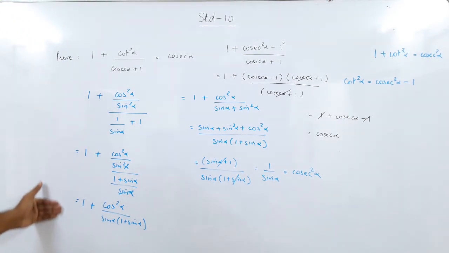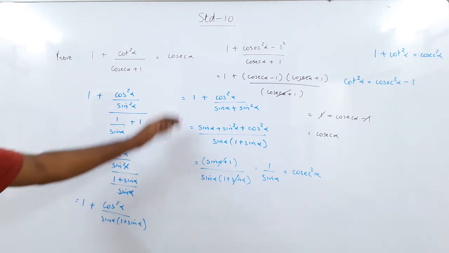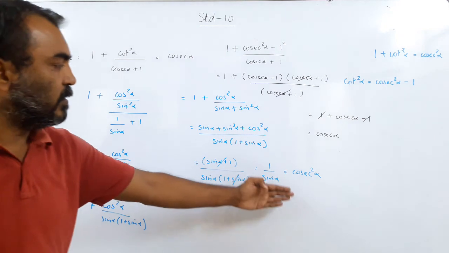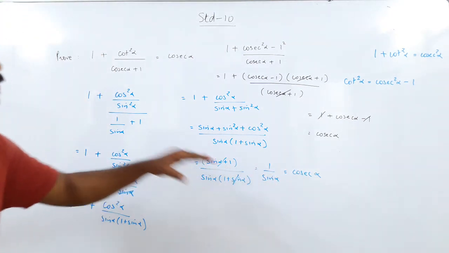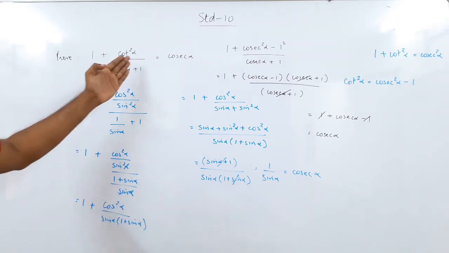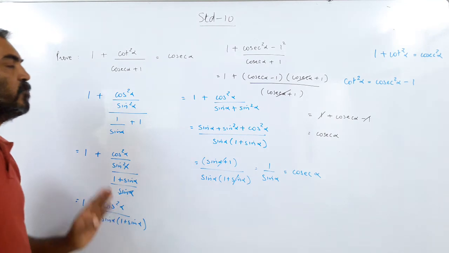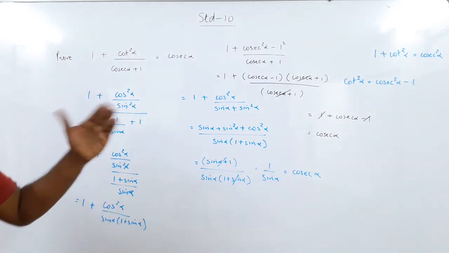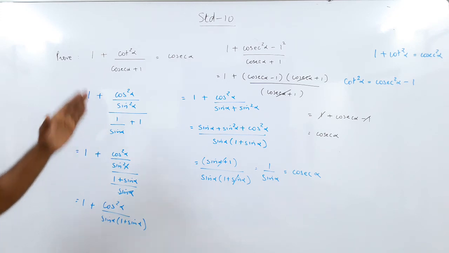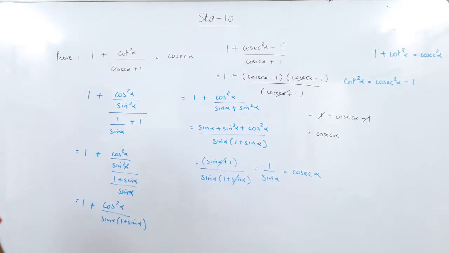So there are two approaches to the sum. One is to convert everything into sine cos, see the LCM very carefully while multiplying, do the calculation and get the answer. It is not cosec square alpha, it's cosec alpha. This is one approach, and one approach is using this identity. So you are free to choose whichever you want. I want you to think logically and take some steps, not complex in the sense, something which you think logically will make the sum smaller and better.